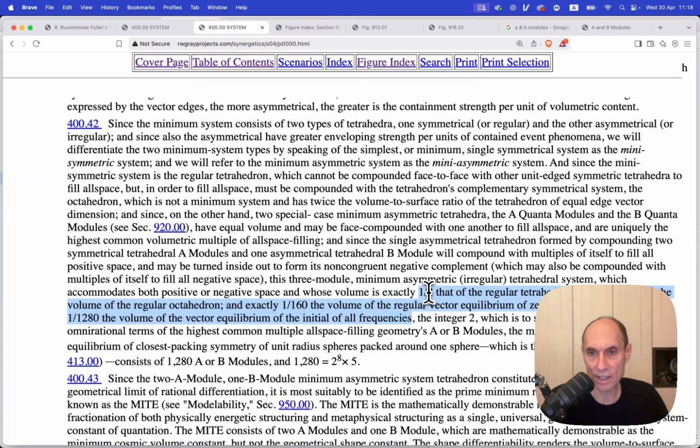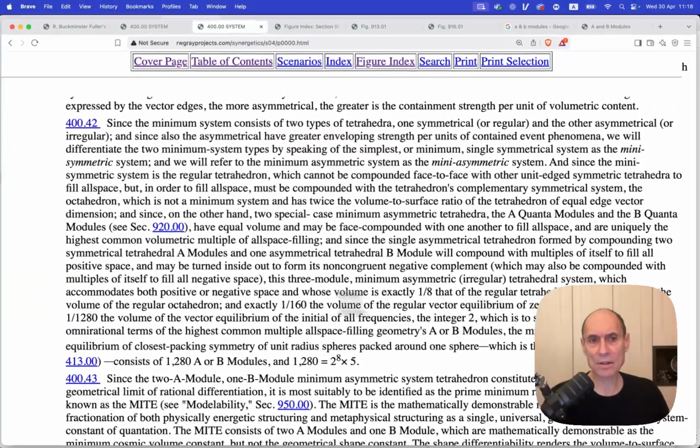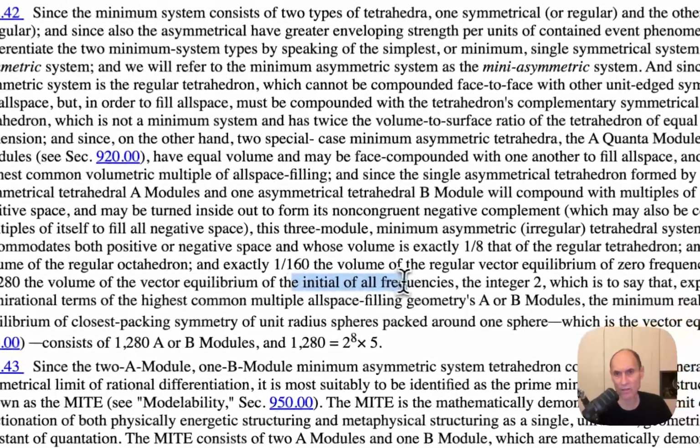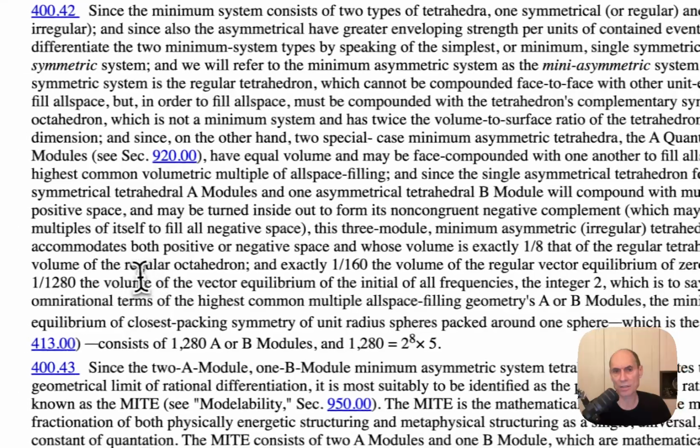If you take 8 of these, you can compose a tetrahedron. Take 32 of them, you can compose an octahedron. Take 160 of them, you can compose a vector equilibrium, which is his preferred name for the cuboctahedron. And he sneaks in here zero frequency. We'll be discussing that later. And exactly 1,280 of them will form the vector equilibrium of the initial of all frequencies, the integer 2. So a scaled up vector equilibrium will be 1,280,